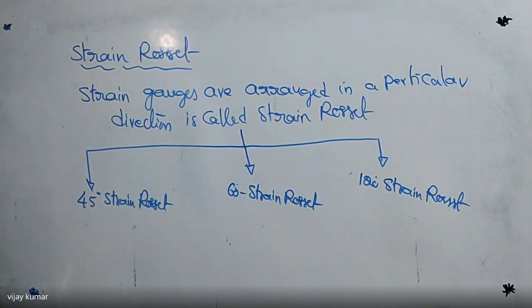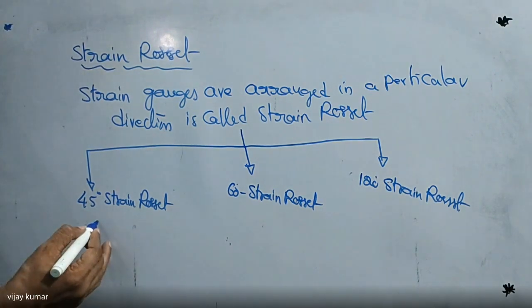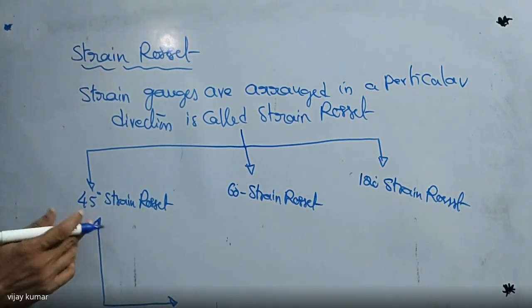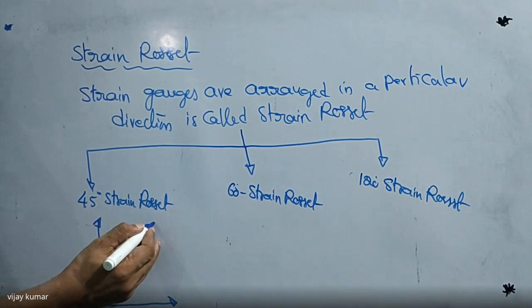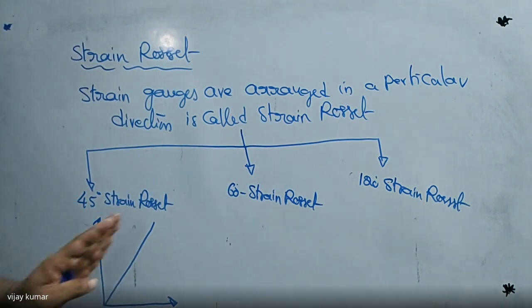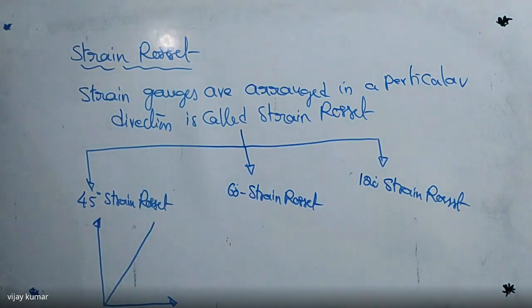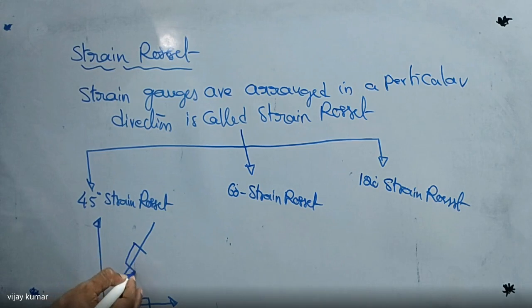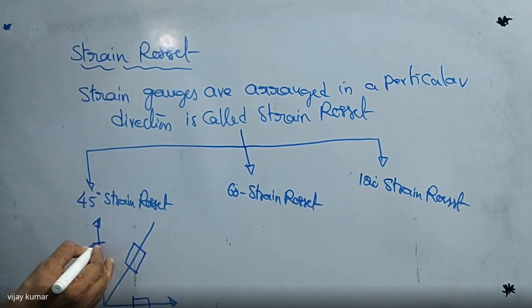Now, in case of a 45 degrees strain rosette, it is also indicated like this. So I can arrange these gauges like this on the component. So this is the x-axis and this is y-axis and this is nothing but oblique plane. There are three planes. All of you know it. Or you got my point? So this is the horizontal plane, this is the vertical plane, this is the inclined plane, it is also named as oblique plane. So I'm going to put a gauge here on this horizontal plane. I'm going to put a gauge here on the oblique plane. I'm going to put a gauge on vertical plane.